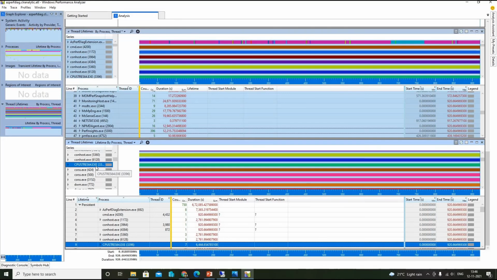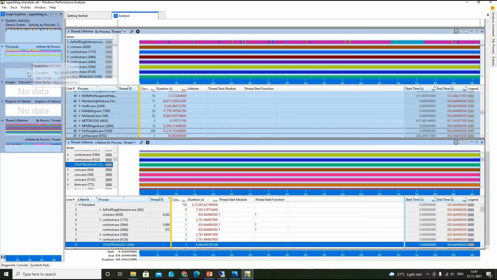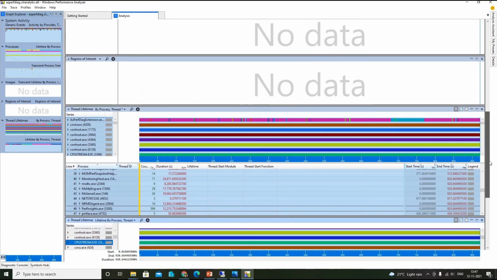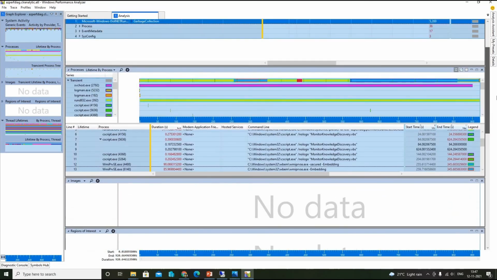But in your real-time scenario, it will be a little bit difficult to identify the third party tool or the application that is running. But if you go to thread lifetimes, under processes, you will be able to see that quite a detailed analysis was done.